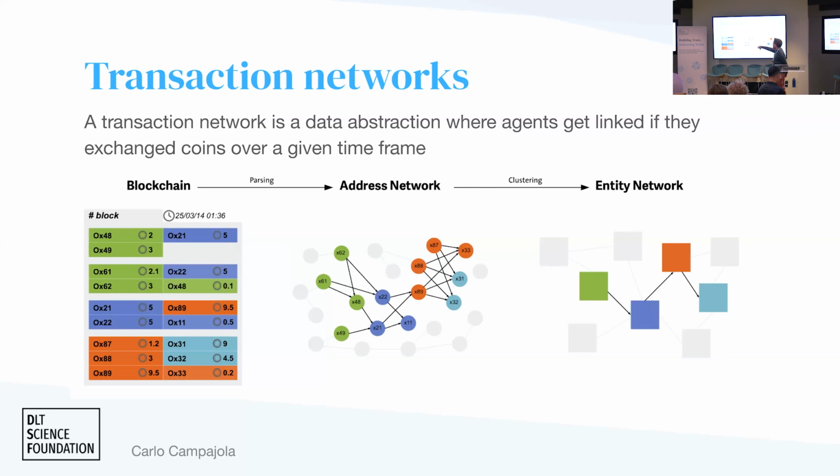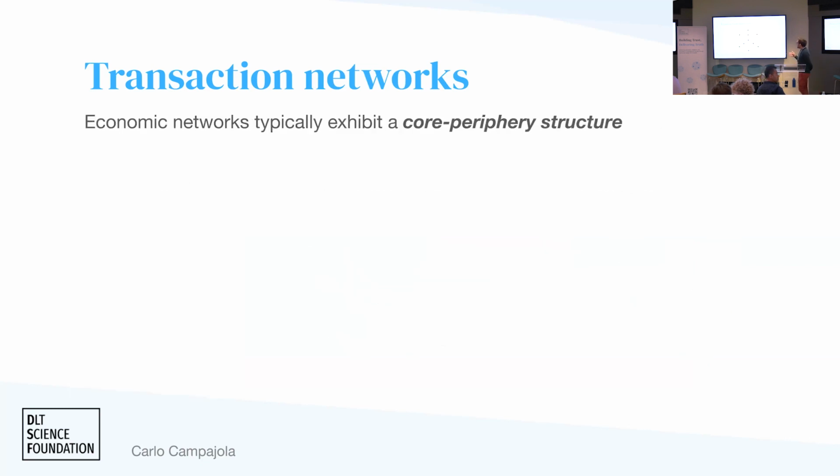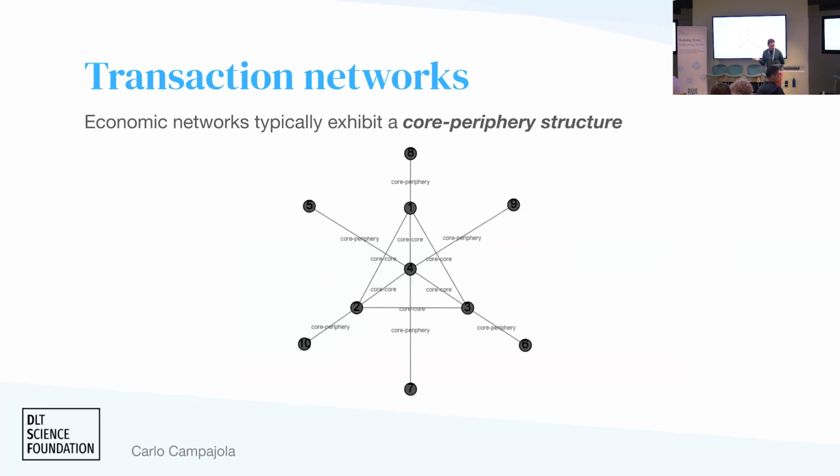And for UTXO-based blockchains, so Bitcoin and that family of blockchains, you can also do address clustering, because of course addresses are generated continuously because of the UTXO protocol. So it can become very, very hard to make sense of the identities. There is a suite of algorithms that you can use to map single addresses into groups of addresses, and that you can call entities. These are basically your best guess for how an individual behaves on chain, on Bitcoin and similar platforms. Right.